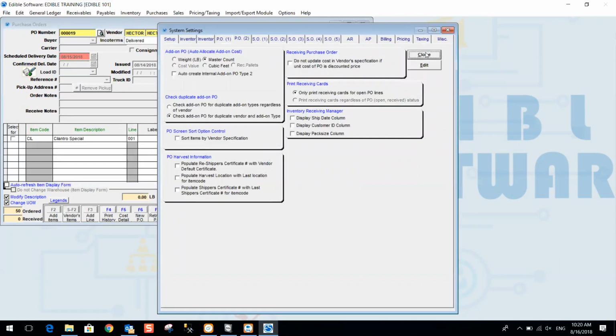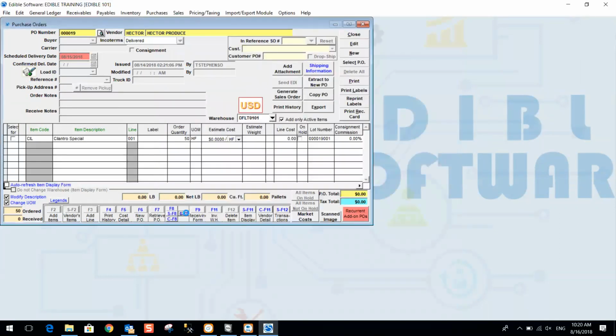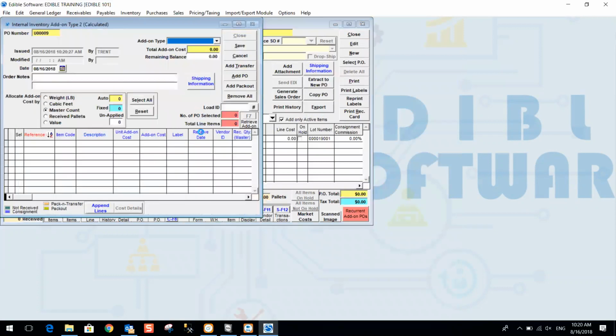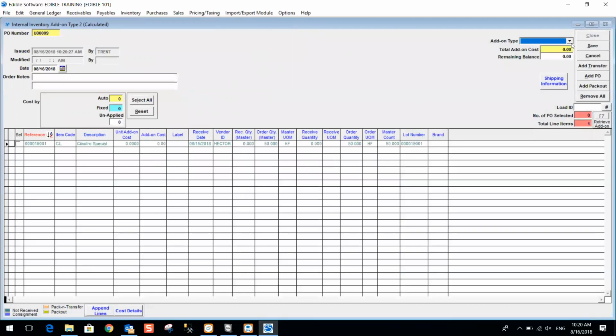So the Shift F9 option in the purchase order screen is really just to see if that calculated add-on was created, what does it look like? So as you can see, there really isn't a way for me to put in a cost or anything like that. It is purely for